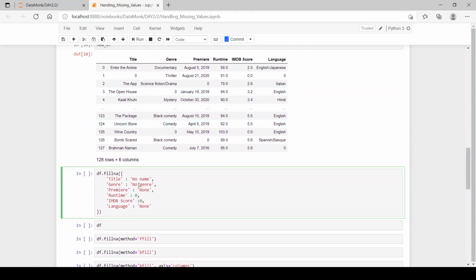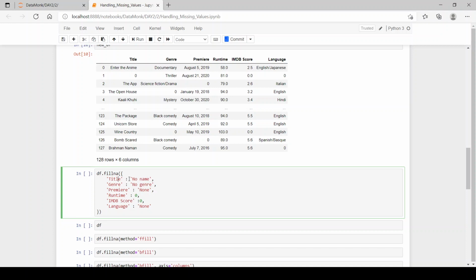So one more way is that in df.fillna we can use a dictionary and put the column names, and then we can put the values which we want to fill in the particular column in place of the null values.